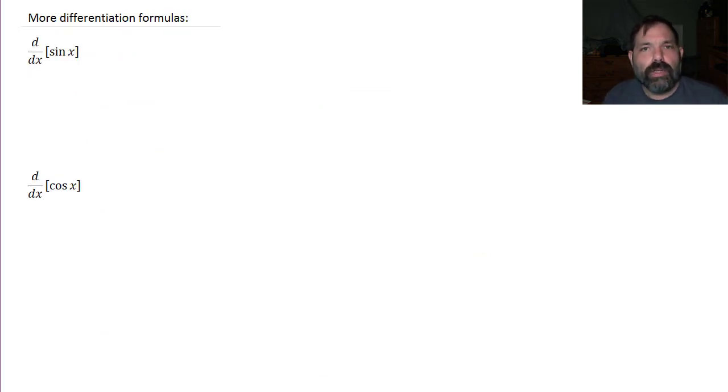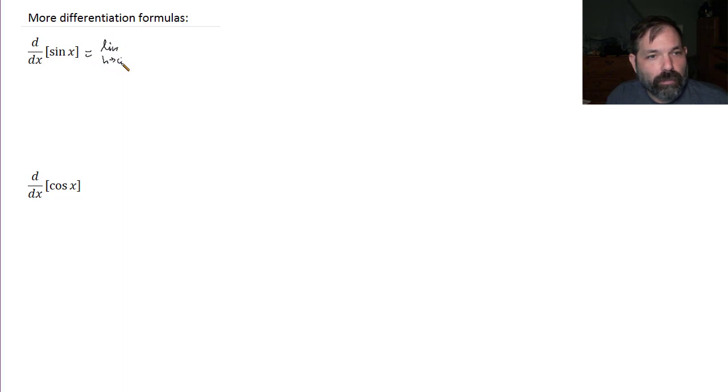Let's build a few more differentiation formulas. We actually sort of saw this example, the derivative with respect to x of the sine function. We saw this graphically in the previous topic, but let's actually prove it. So the derivative with respect to x of the sine function